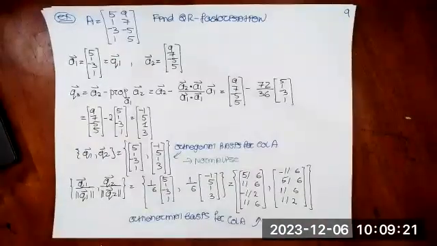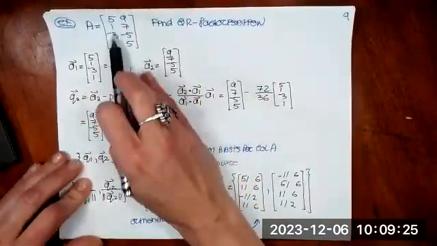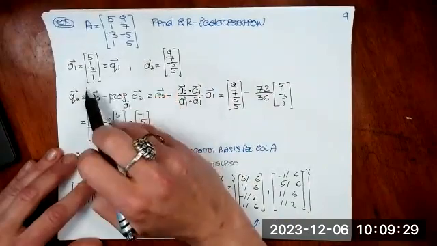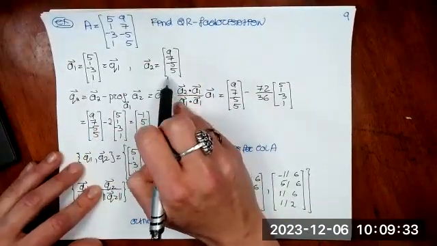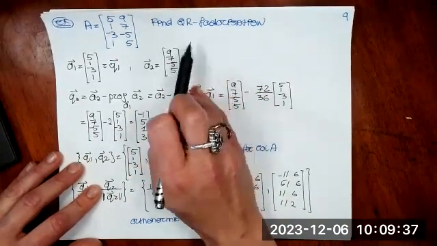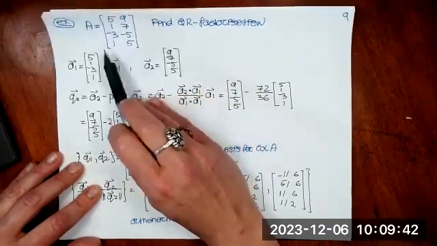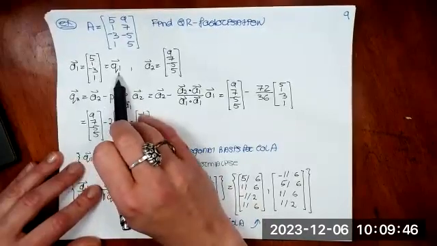So that's our setup, and you can do an example here. So I have matrix A, just two columns, right? Basically, those columns are vectors in R4, and I want to find the QR factorization. So first step, use your Gram-Schmidt. I'm only going to have two columns here, so I can make the first column equal to the first column